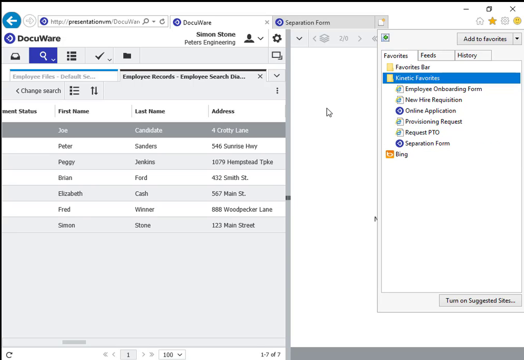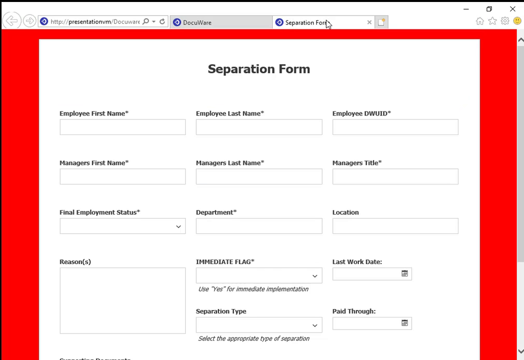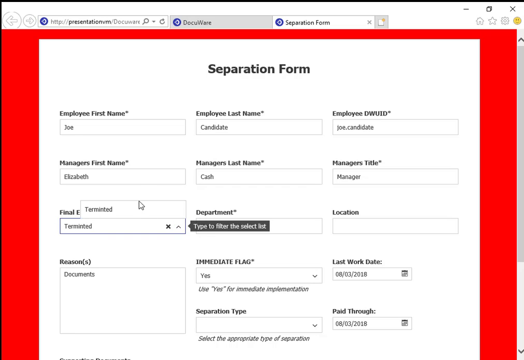that the human resources manager or director would fill out based on information from the hiring manager that is executing the separation. Now I've gone ahead and filled out the majority of this separation form, but the items that were needed obviously are the employee's first name, last name, their DocuWare user ID, manager's name, first and last, manager's title, the department they worked in, the final status, whether it's going to be terminated or resigned, deceased, retired, whatever the